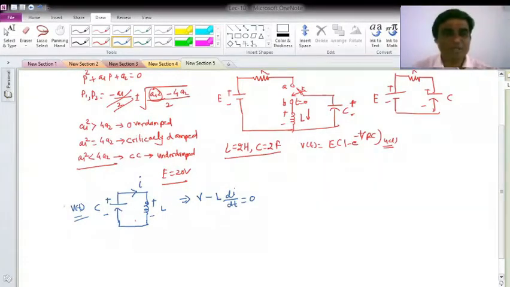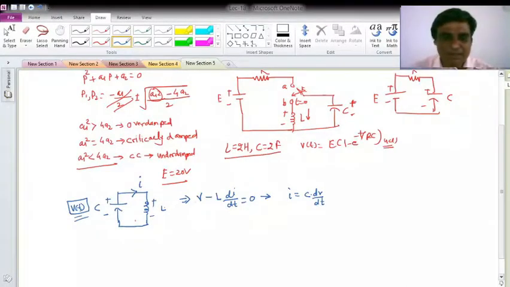What I have to obtain is to solve for the voltage across the capacitor. So I will try to obtain all this equation in terms of V. To get this, let me write the I in terms of V. So how can we write that? I will be equal to C into dV by dt.